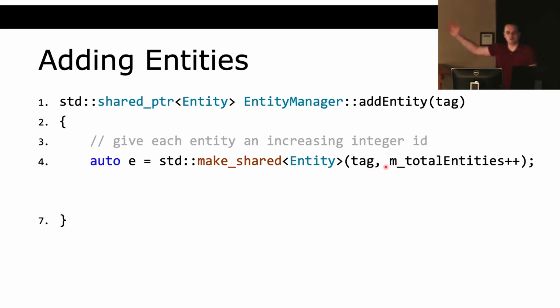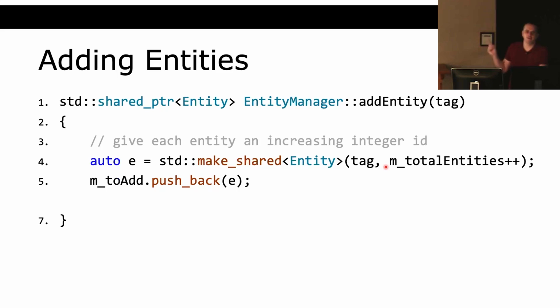It's the same way of creating the entity, but instead of immediately adding it to the vectors, we're going to add it to this toAdd vector queue, or entity queue. And then we're going to return it as well. So I can say add, and then immediately use it to add the transforms, do all the things I want to set up this entity,